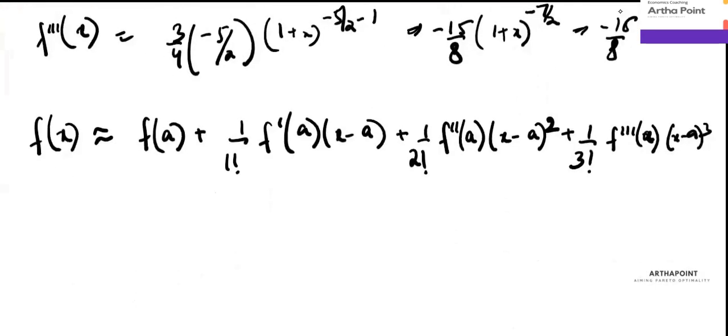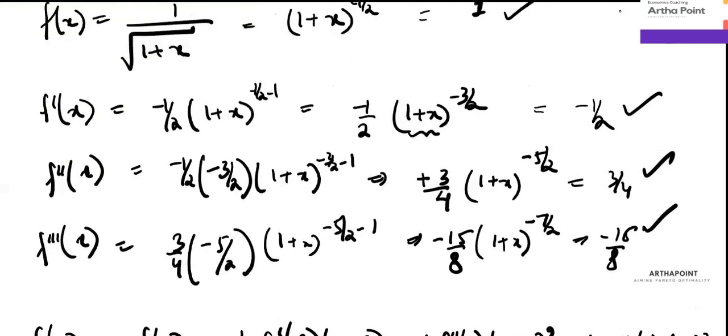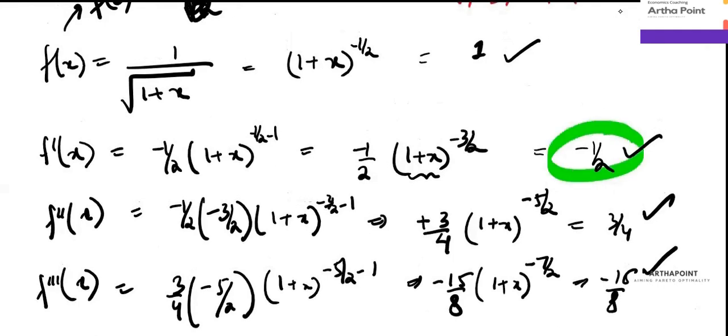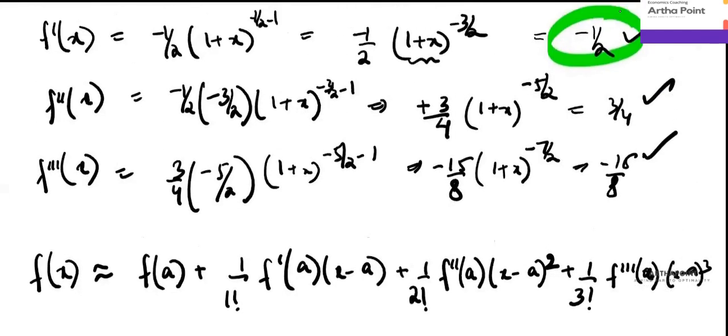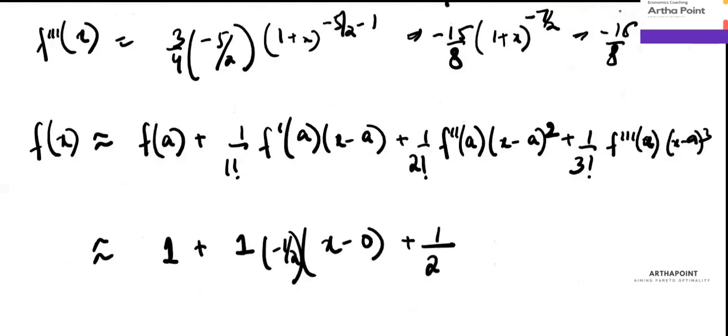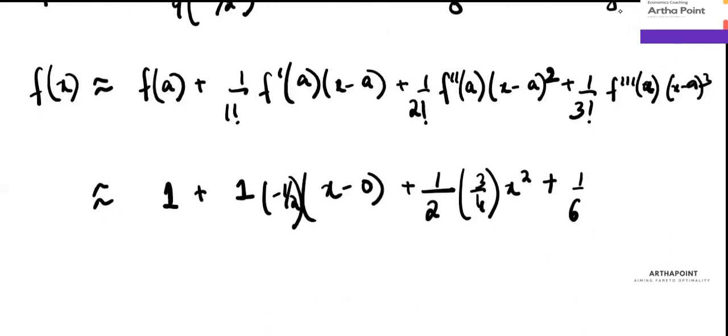So this gives me 1. So this is approximately equal to 1 plus 1. F dash A gave me a value of minus half. So I'm going to get minus half and then x minus 0 plus, what is 2 factorial? 2. F double dash A, what is the value that you got? 3 by 4. So into 3 by 4, x square. What is 3 factorial? 3 into 2, 6. What is F triple dash A? We have already found out that minus 15 by 8